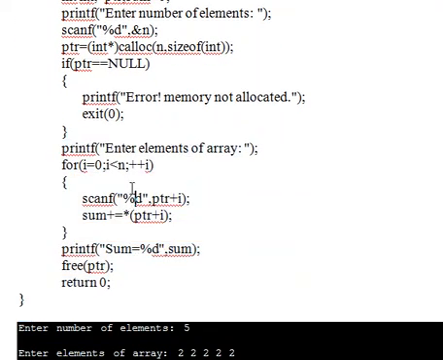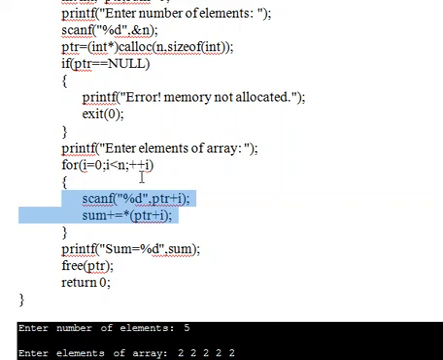So here we have to ask to enter elements of the array. Now we have to enter those 5 elements because n is 5. Next, to read and to sum the 5 elements, we are writing these 2 instructions in a for loop. So for i equal to 0, i less than n, that means for i equal to 0, 0 less than 5, condition true. Next, these 2 instructions will be executing. First, the scanf function will read the first entered element. First we are entering some element, second we are entering some element, like we have to enter 5 elements.